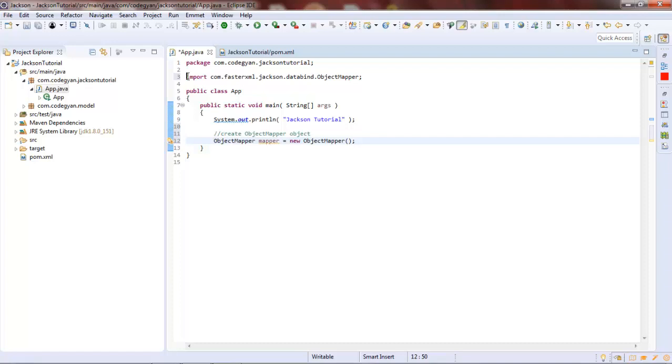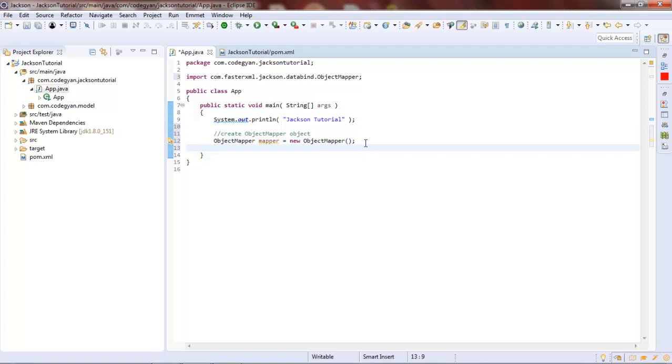As you can see, the ObjectMapper class from the Jackson library has been imported. Now we will use this mapper object for our further operations.